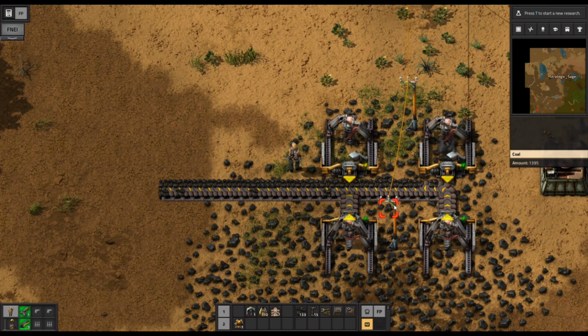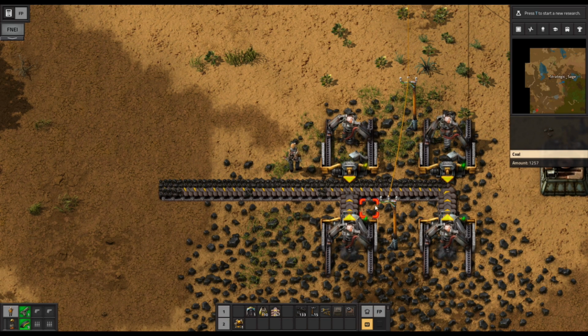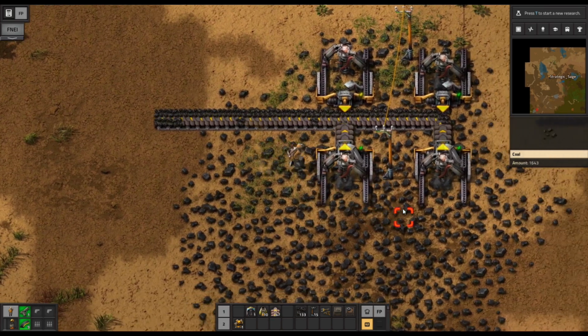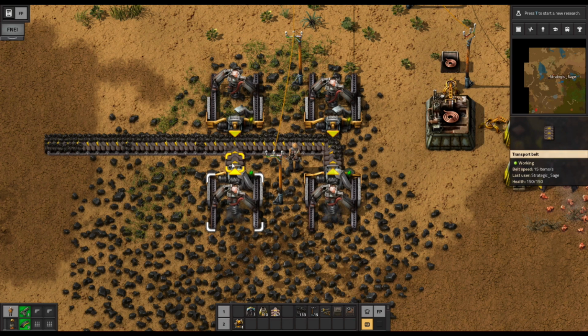Notice this is coming out onto the bottom side, but this one isn't. And that's because if you watch both of these, you can see that the coal is going out onto the right-hand side of the belt. And that's always the case when you're putting items onto a belt, regardless of method. You are going to have them go on the right side of the belt in the direction that the belt is going. So for example, if I were to turn this around this way,